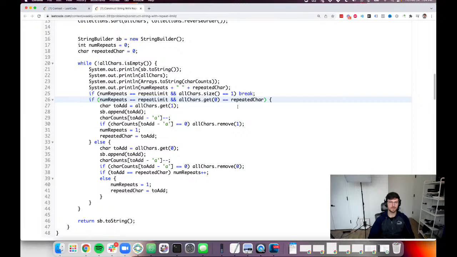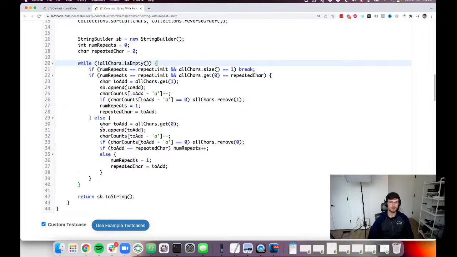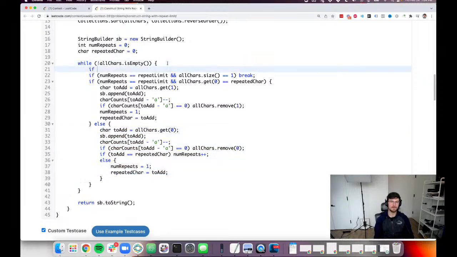Yeah, so I think that this is kind of shooting us in the foot a little bit by having this first, because we're getting these repeats and then we're breaking before we should. We might be better off if I just reorder this a little bit. So my first possibility is that if